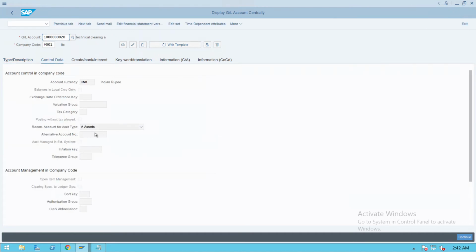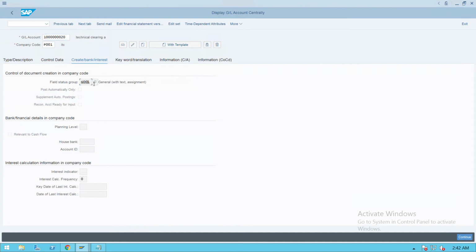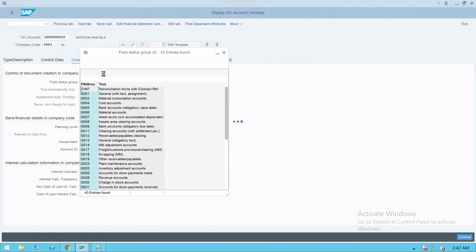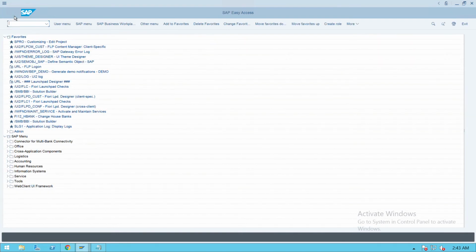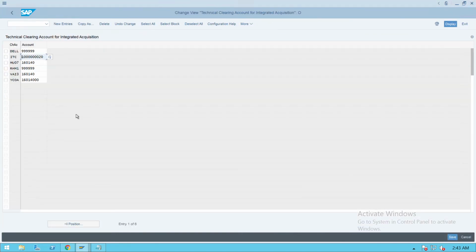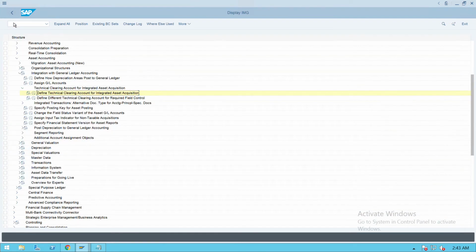Control data, we have to give the recon account here, asset, and create bank interest. You can give G007 or G001 is also fine. So once, yeah, G007, this is also fine, this is also based upon the requirement. So basically G00 is okay. So this is how we can create a technical clearing account. Now we'll go back, close this node, go back,